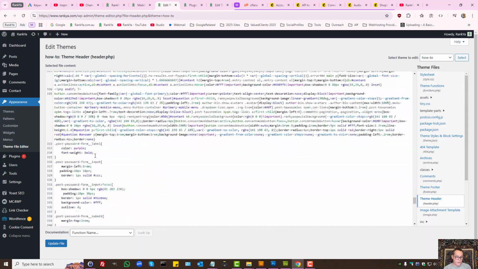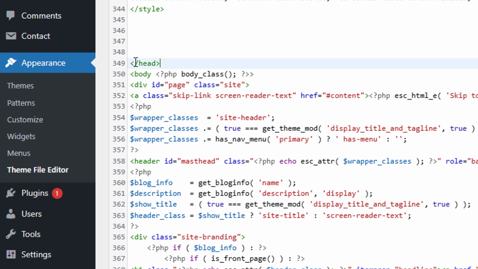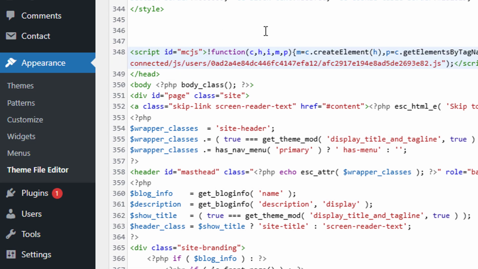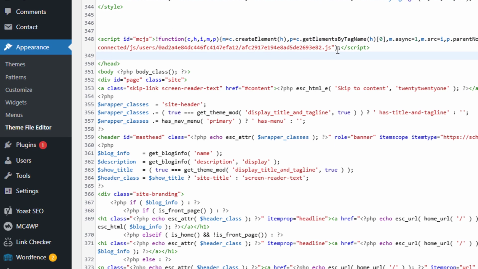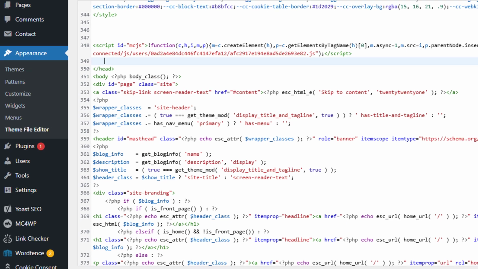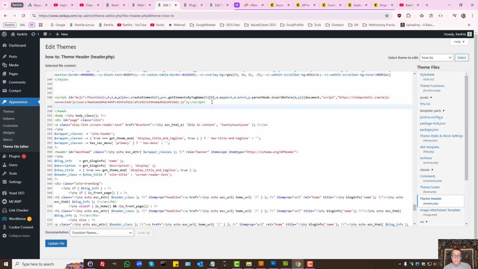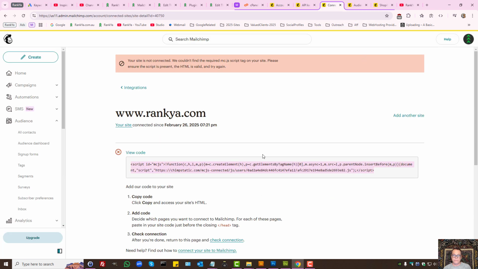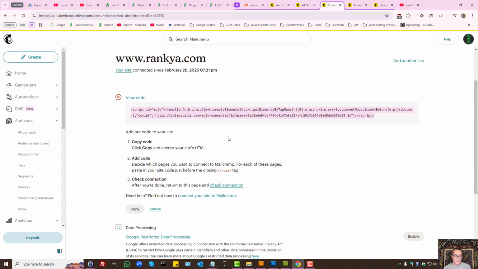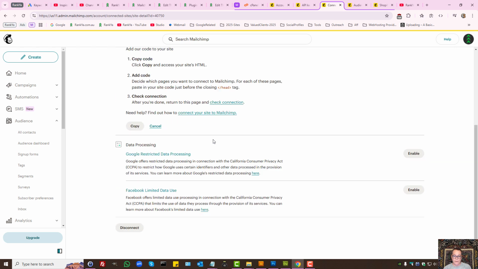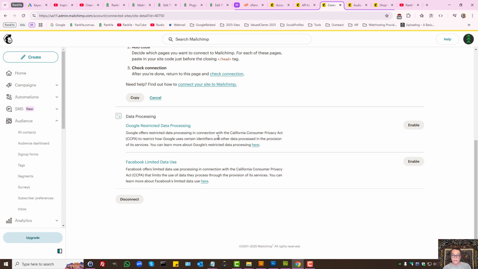I'll show you what that looks like here. So that's the end. You can see that slash. So basically, if you place that code there and update your file, whether you're using WordPress or Shopify, simply edit the code. Then, once that's in there, let's update that file. And now, well, actually,